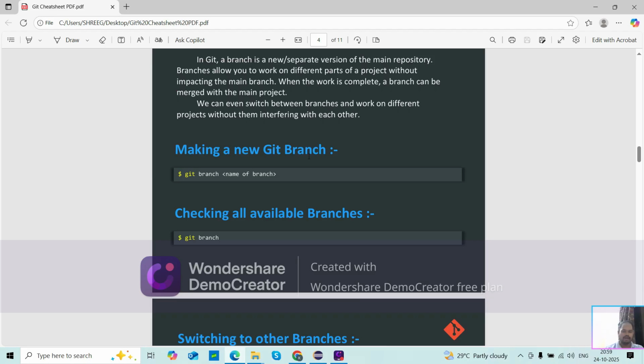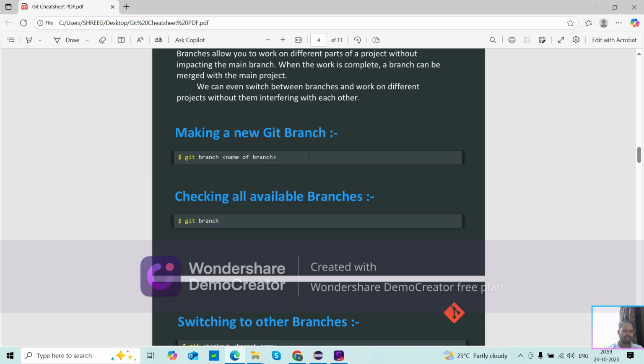Making a new Git branch. If you want to make a new Git branch, use this command: git branch and the name of the branch.